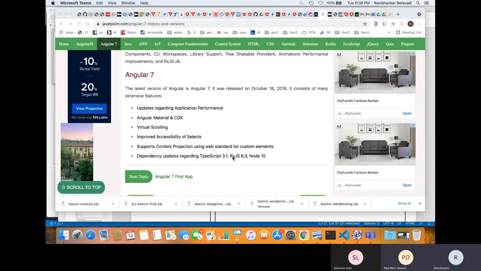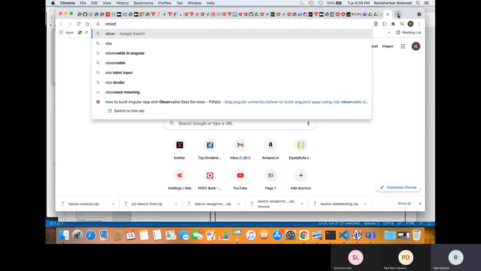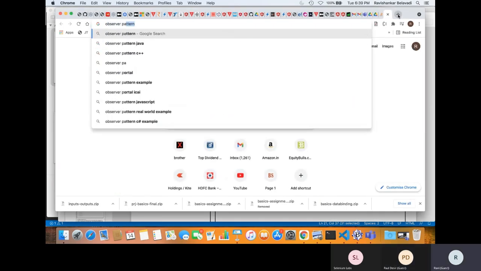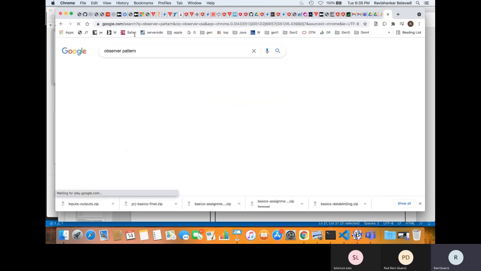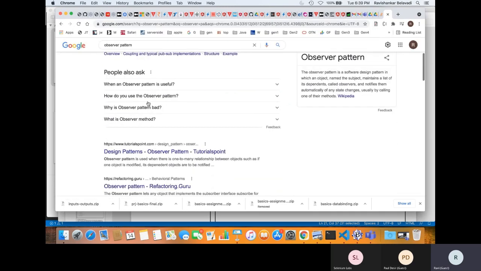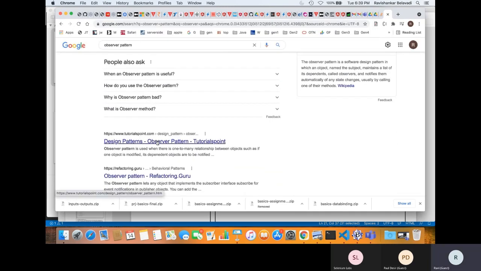Have you heard of something called observer pattern? I'm learning how this stuff works, but I don't know, to be honest. Have you heard of something called observer pattern? No. Okay, no problem. So there's something called design patterns, which provides a little bit of